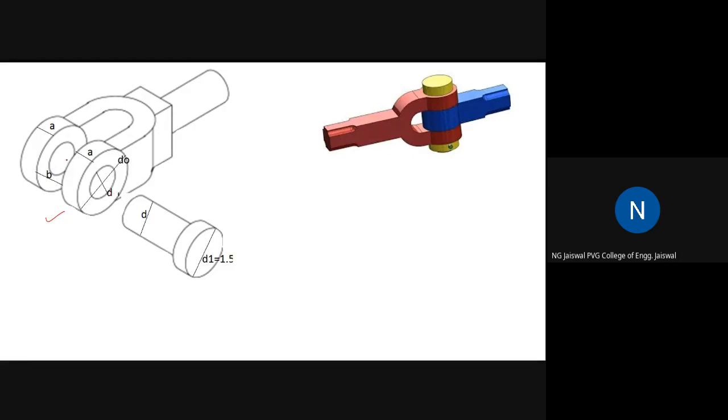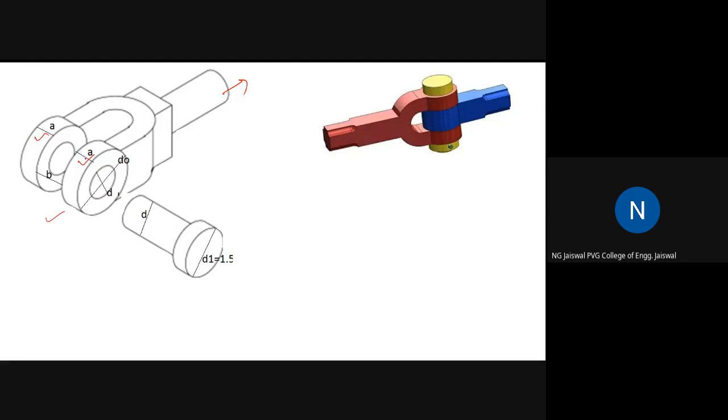You will insert this inside this, right? This will be pulled on this side, this will be put on this side. That's why some length of this pin will be in contact with the fork material. Now, if I ask you how much length of the pin will be in contact with the fork material, the answer is 2 times A, because this will be inserted. One part A length will be in contact, another part A is in contact. So 2A length will be in contact with the pin.